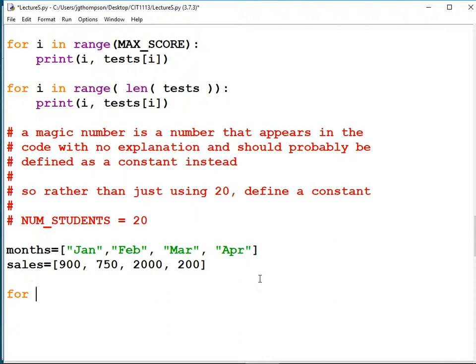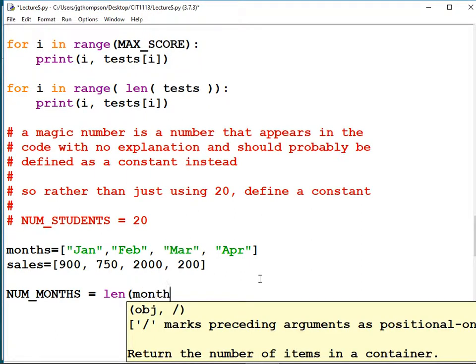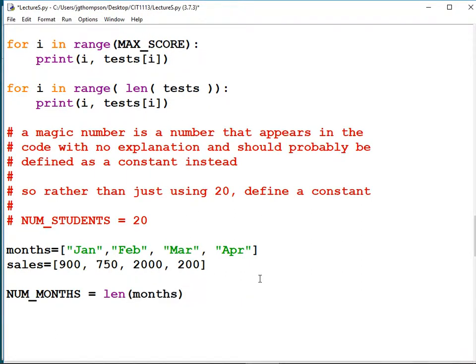So let's find out. Let's declare a constant called num months and set it equal to the length of the months array. Now we could just say 12, right? But we don't really know that it's 12. We kind of shortchanged ourselves and only gave ourselves 4, so we could hard code it to 4. But why don't we instead ask the months array for how long it is? And we can use that in our for loop to print this stuff out.